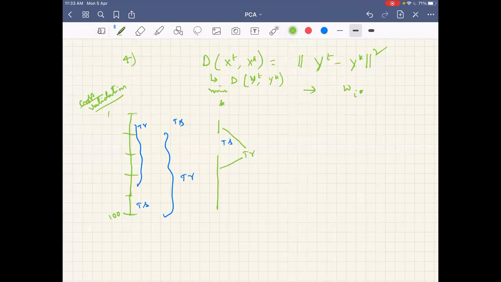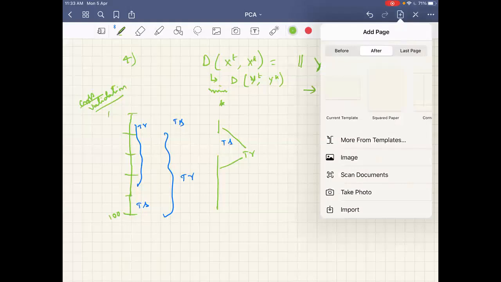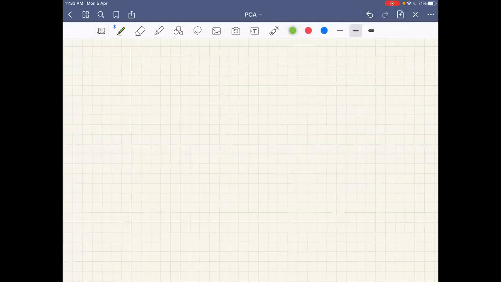Okay. If we have no other questions, let me see what the limitations of principal component analysis are. Do you think this is ideal for any classification problem, to apply principal component analysis and project the data onto lower dimensions to reduce the dimensions of the data?